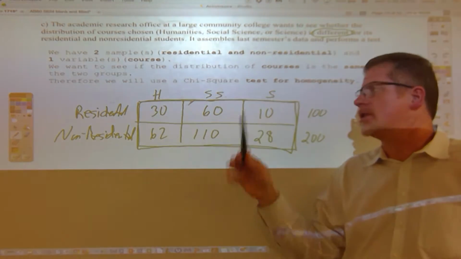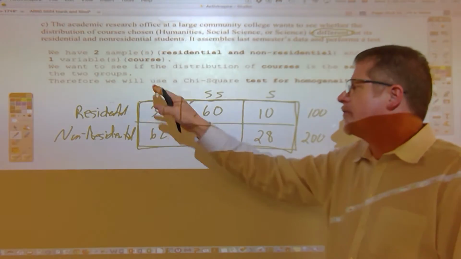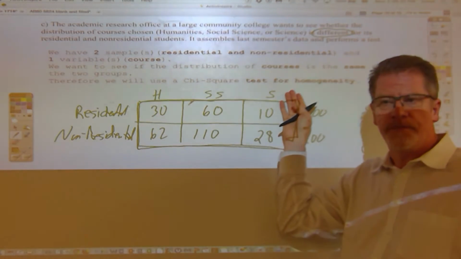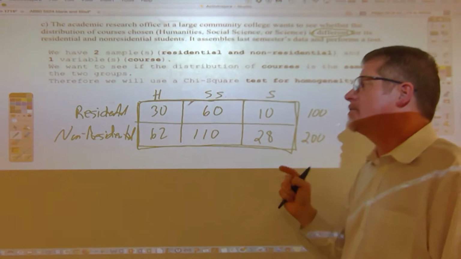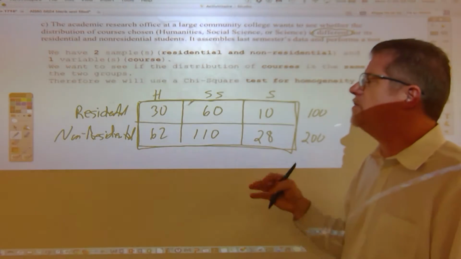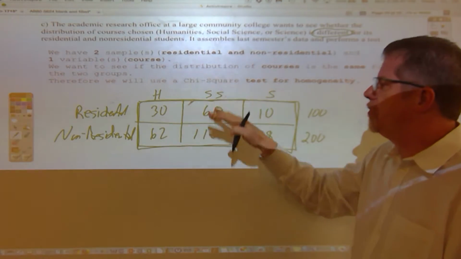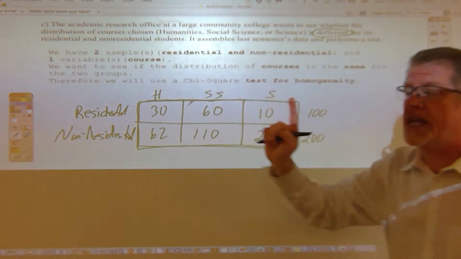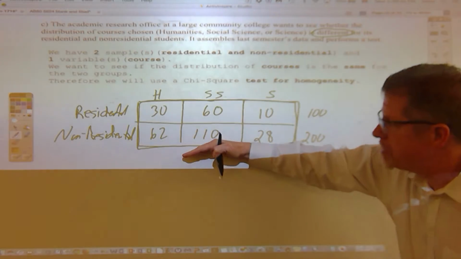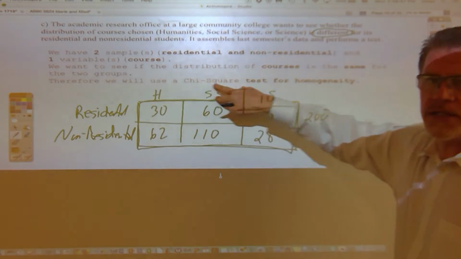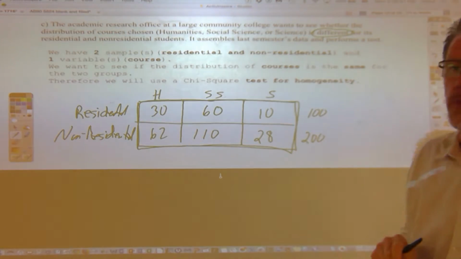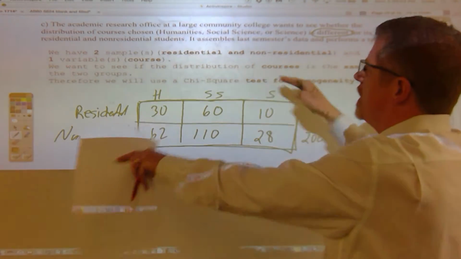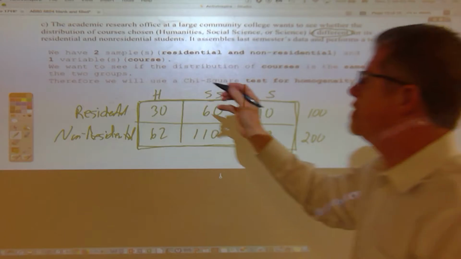So mathematically, it looks like it could be alive and dead for first class, second class, and crew. But we don't call it a chi-squared test for independence because we don't have one group with 2 categorical variables. Instead, we have 2 groups, and each group is distributed across only one categorical variable. So when you have 2 groups and 1 categorical variable, or in this case 2 samples,